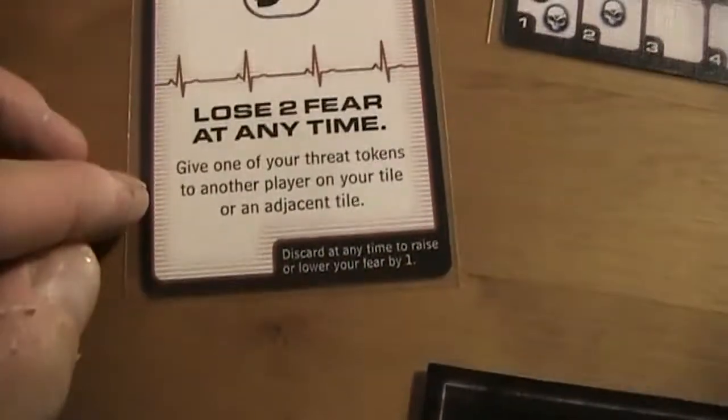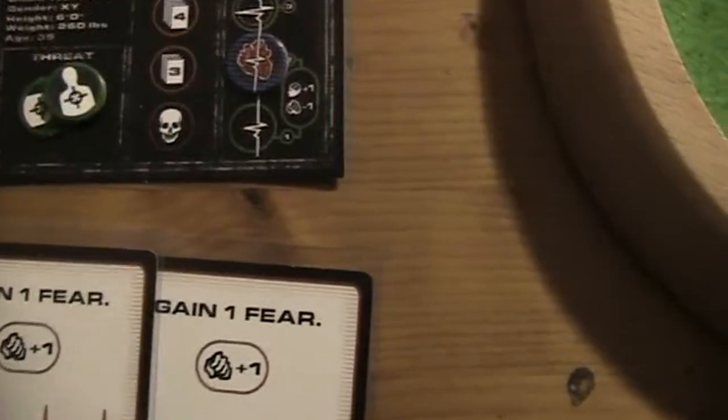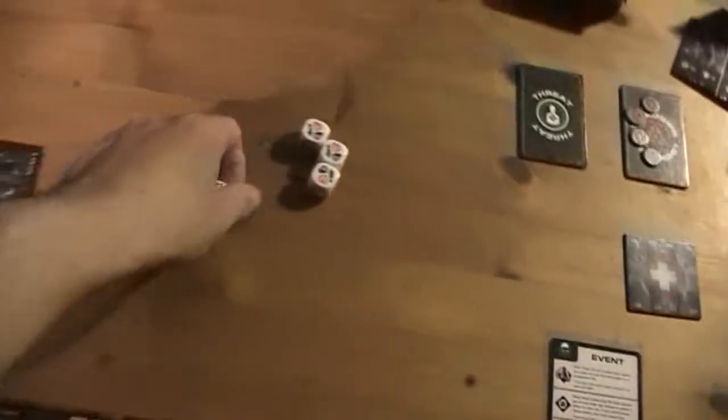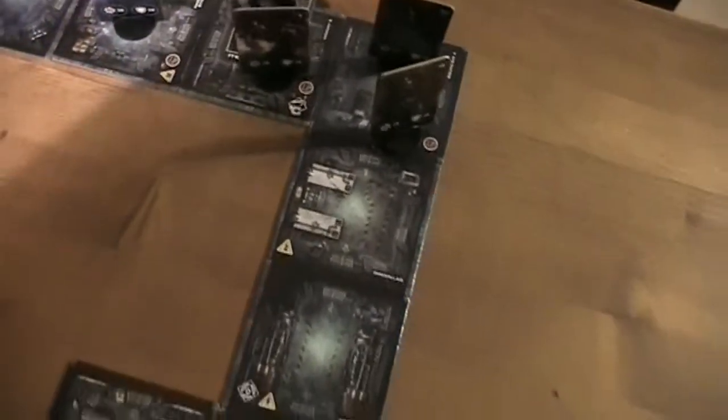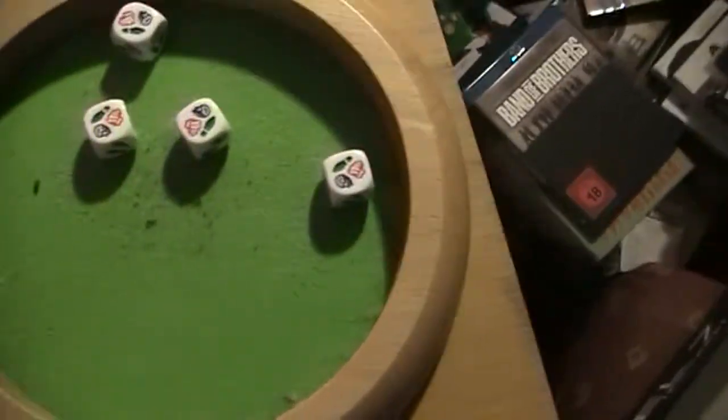I cannot give away one of my threat tokens, but I think that's not a problem. So I can lose 2 fear, and that gives me an additional die now. So I can roll now with 4 intelligence dice for the attempt to outwit this guard. And I need 3 successes because it's always the number of enemies plus 2. So in this case I need 3 successes. Yep, no problems here. So I can now move through the vents, and